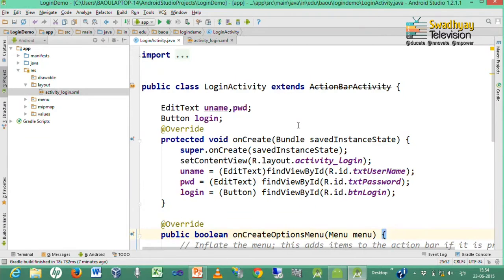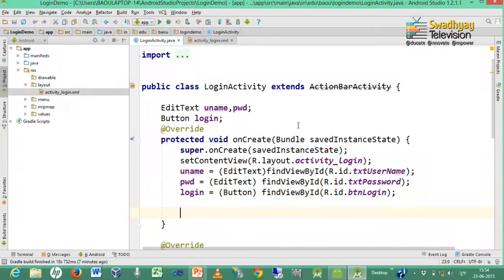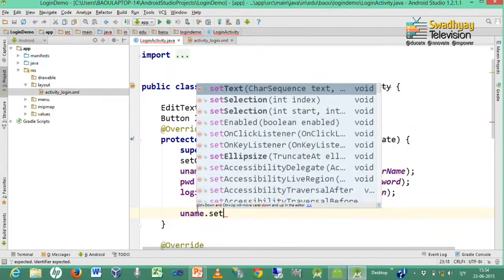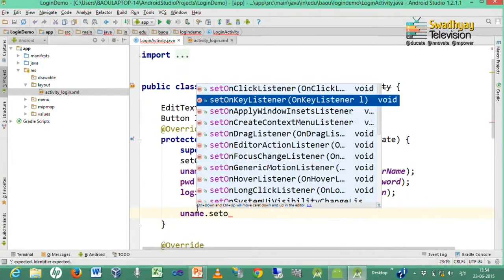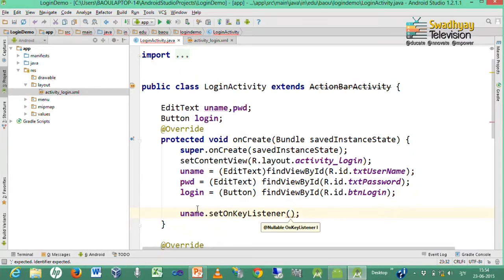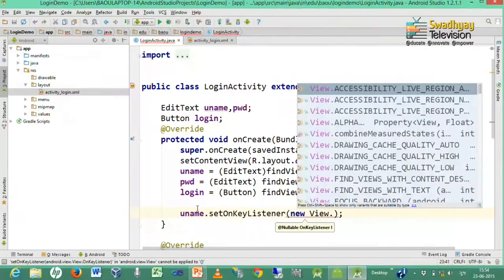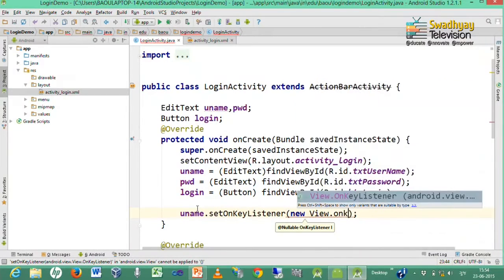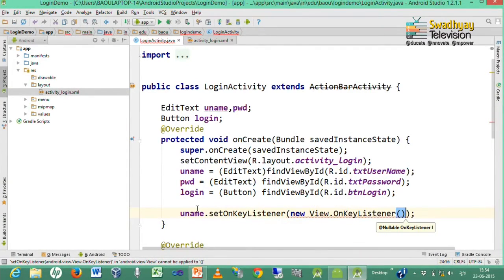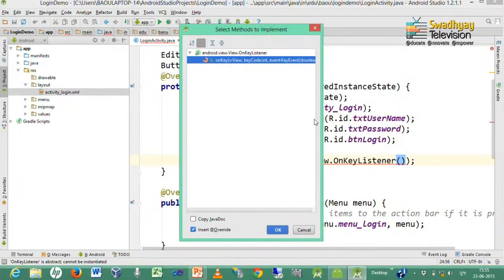Now, whenever the user types into this text box, we have to continuously monitor whether the username and password match the predefined username and password. So, here we implement uname.setOnKeyListener, which we have discussed so far, and inside that we write View.OnKeyListener.